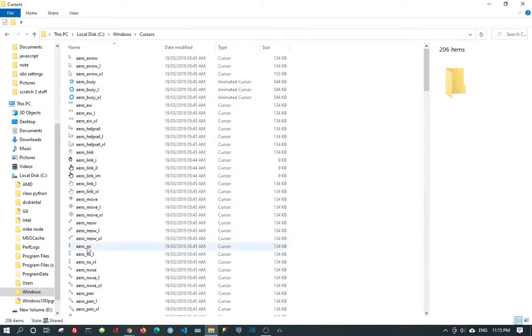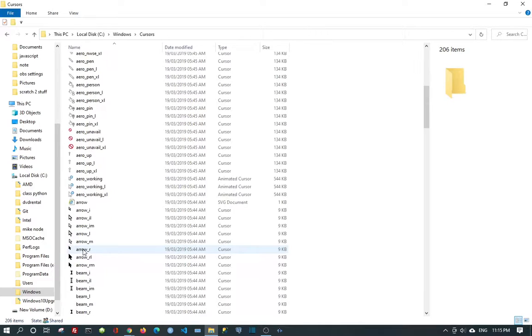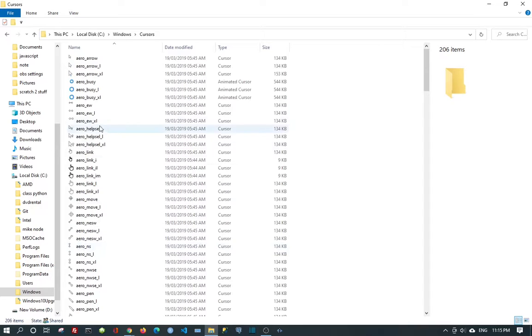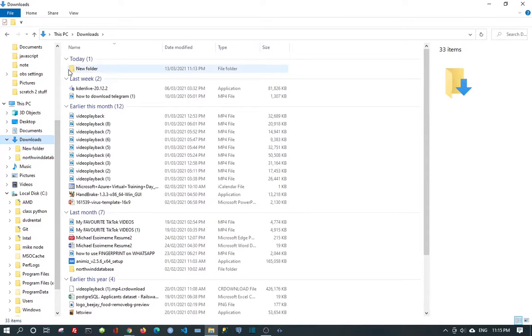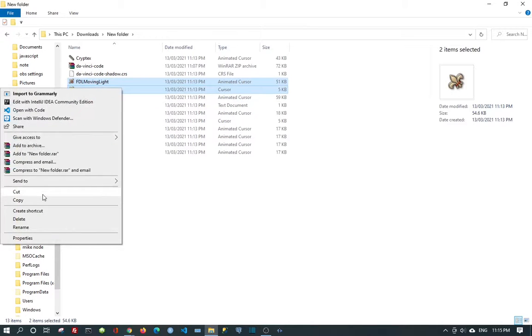So these are all the cursors that I already have. All the cursor icons I already have. So I'm going to put in the ones I just downloaded. Right here. Okay, I'll take these two. Cut